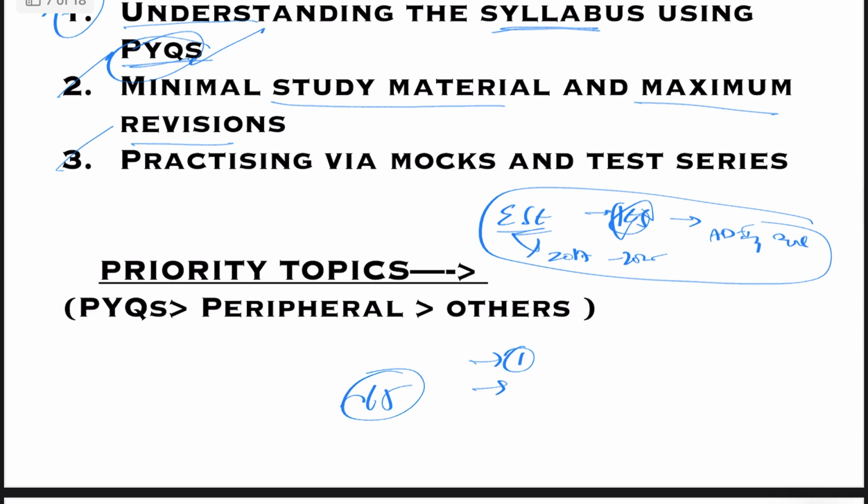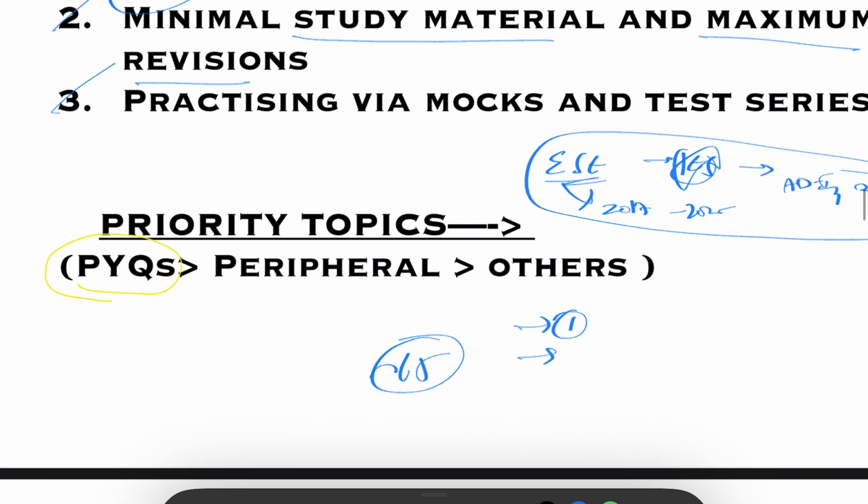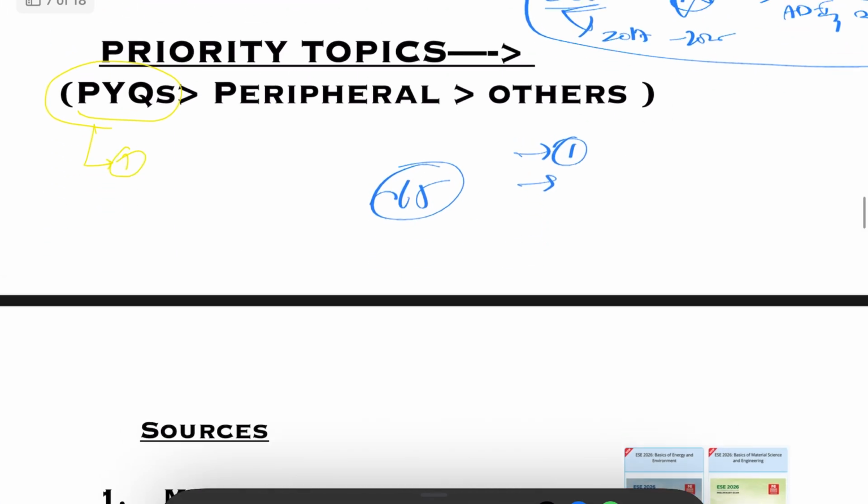And yeah, regarding the topics that you have to study, your priority has to be in this order. The first priority has to be the topics on which the PYQs are being asked. This has to be your first priority. And the second priority has to be the peripheral topics. Let's say that